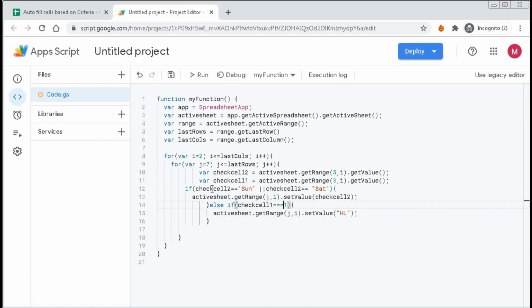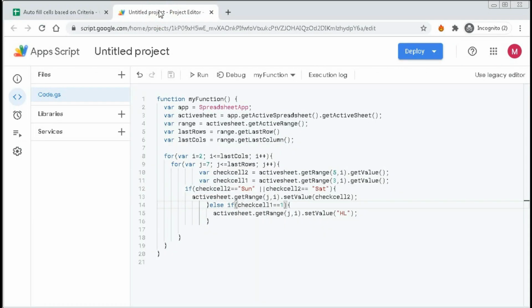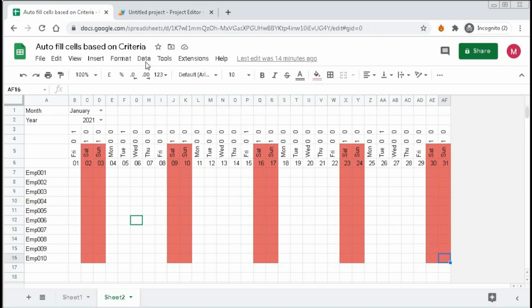After creating your script, save it. Now go to your spreadsheet and put your cursor on the last, then go to the script and click on run to check. So here we need an authorization. For the first time, you need to authorize that this script will run on this sheet.